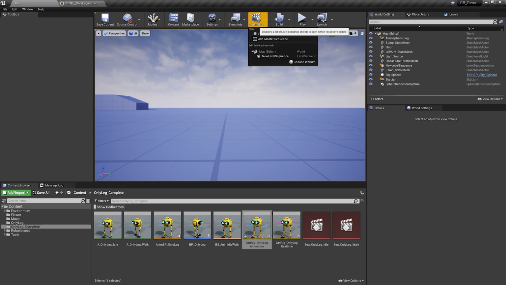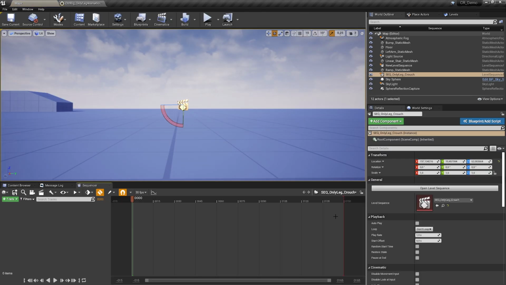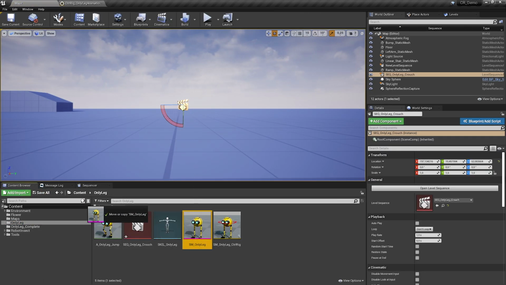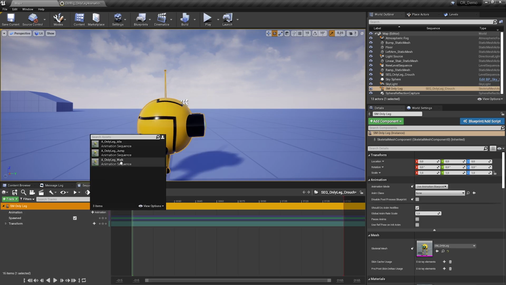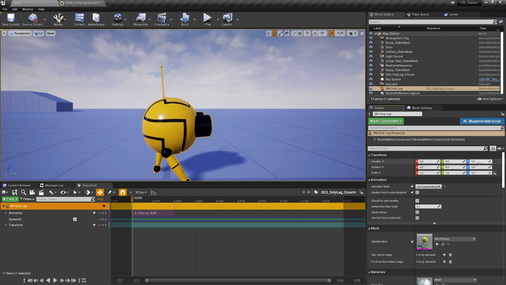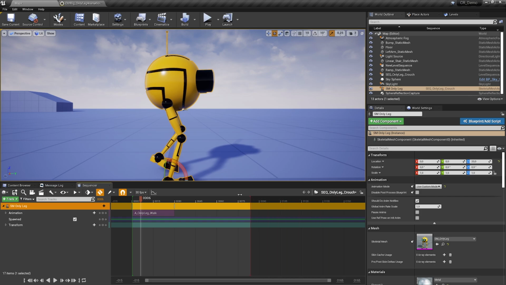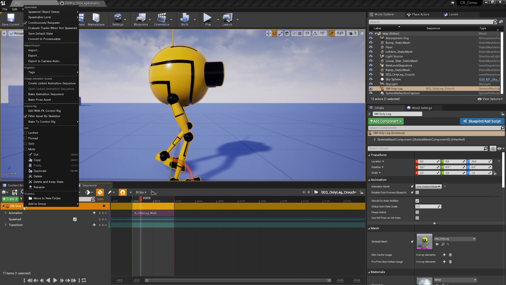So in a level, we can open a new level sequence. Let's do, for example, a crouch. So I do a new sequence, I call it sequence underscore only leg crouch. So we use our walk animation and then we change that a bit. So here we are. And now I'm looking for my skeletal mesh, which is here, and drop it into the sequencer, opening up the animation panel and then add this animation here. So now let's move him up a bit and move this here. So we have the loop here. And now if I play that, I have the animation.